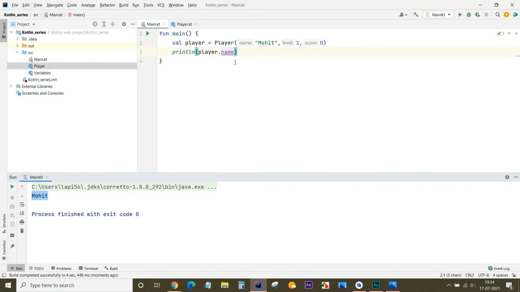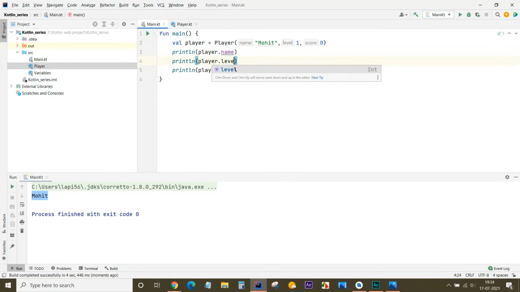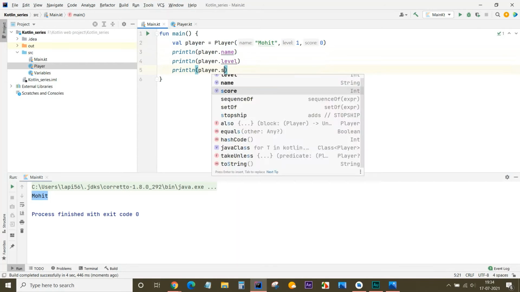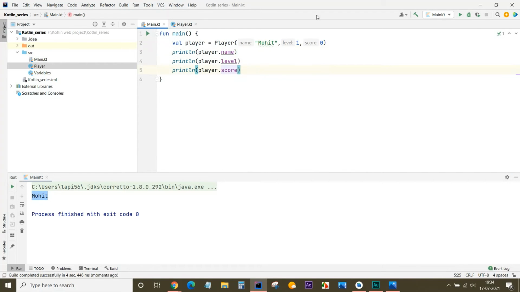Another way, we can write println three times. And we can write level, we can write score. Let's run it. So like you can see, you can get the values of this player instance.